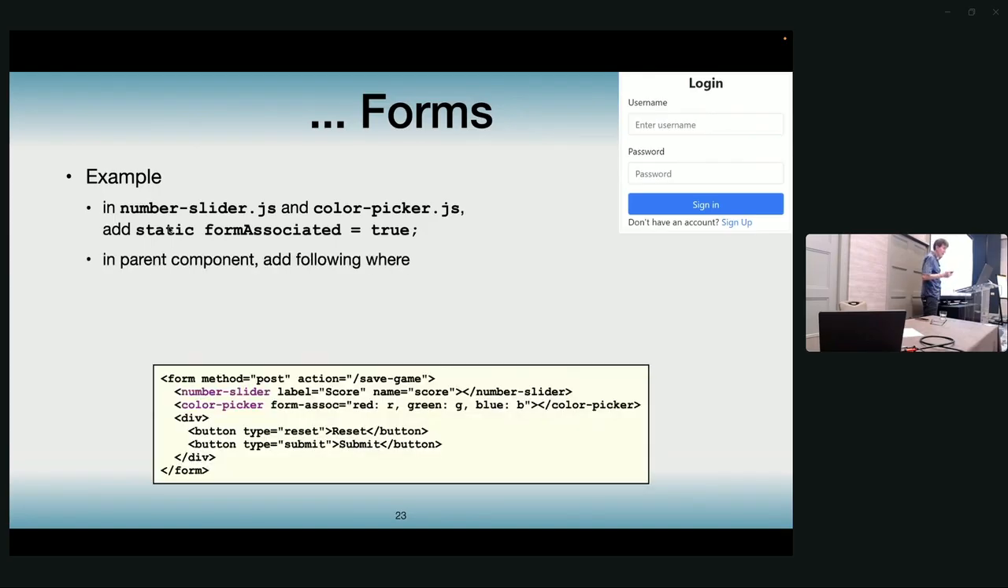And then in a parent component that uses those two, I could have this. I've got a form element and I'm posting to some URL. I've got my number slider and I've got name. And that works because number slider does have a property called value. And so when I submit it, it's going to add a property named score, whose value is whatever you pick